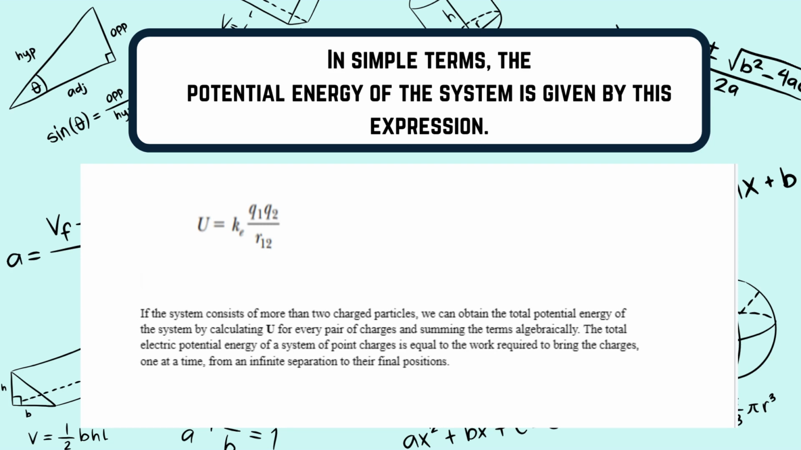Okay. It says here that if the system consists of more than two charged particles, we can obtain the total potential energy of the system by calculating U for every pair of charges and summing the terms algebraically. The total electric potential energy of a system of point charges is equal to the work required to bring the charges one at a time from an infinite separation to their final position. So I hope you understand